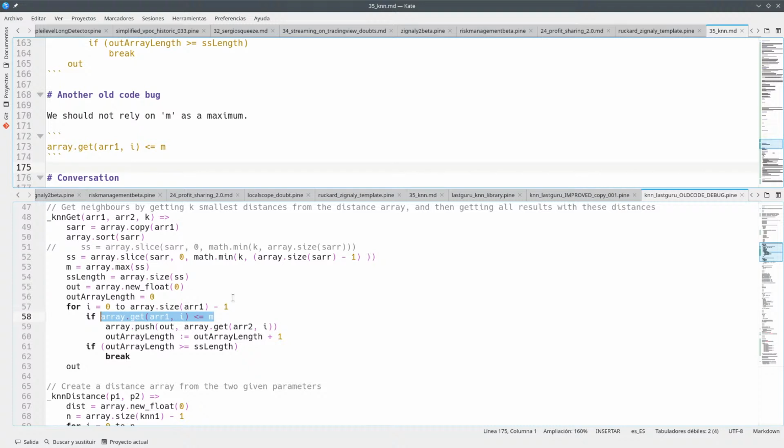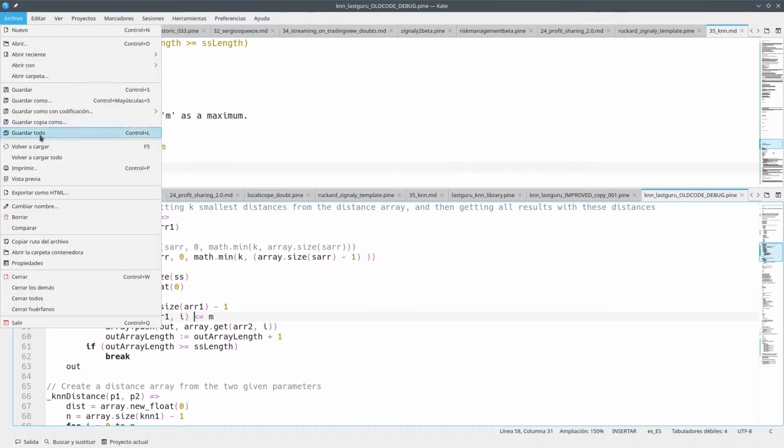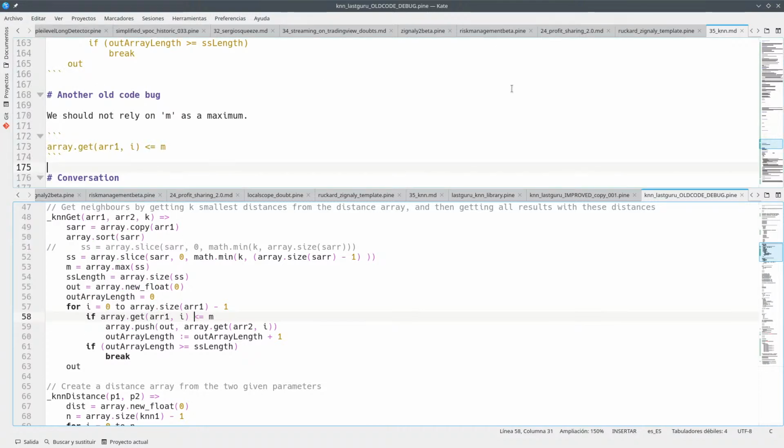But now I know that I can use the library properly. So now what the hell? Okay, so now